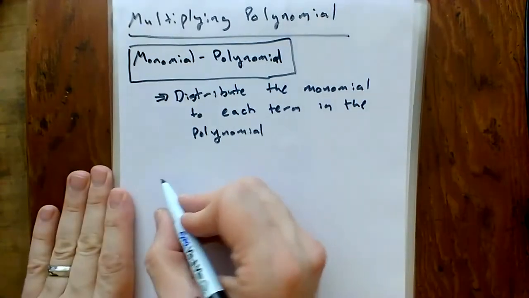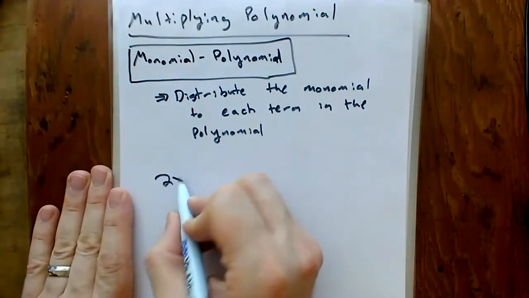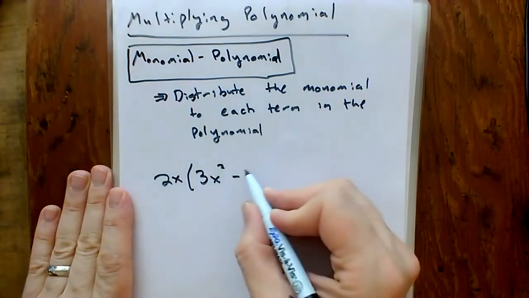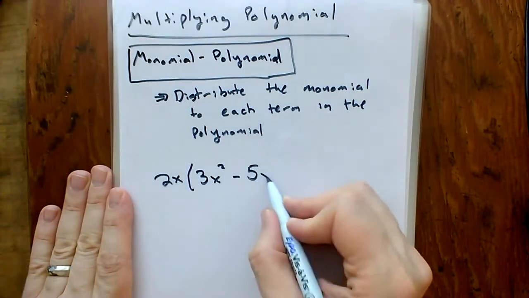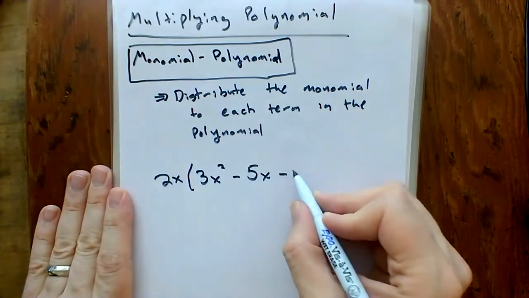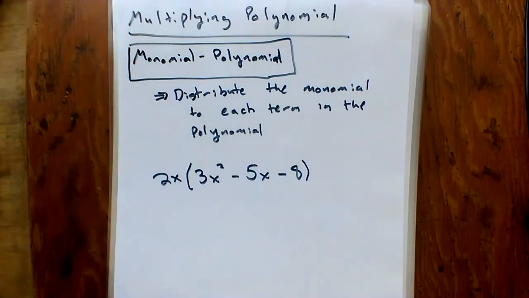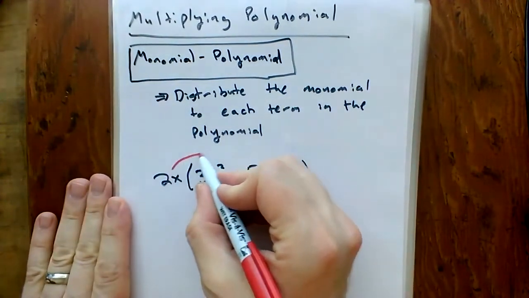So say we've got something like 2x, and I'll multiply this by 3x squared minus 5x minus 8. When we distribute, we are literally just multiplying every single one of these terms